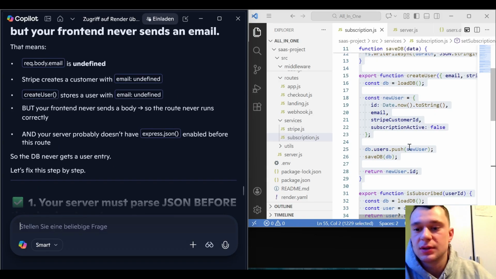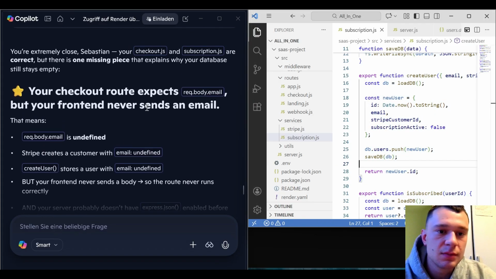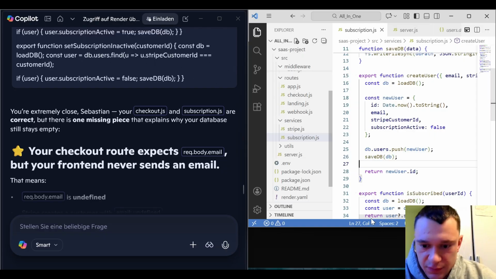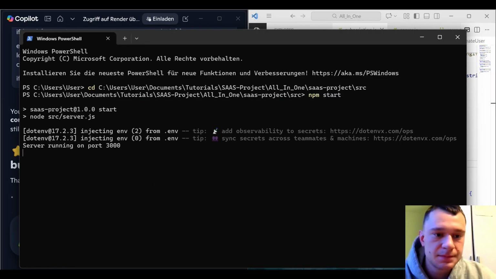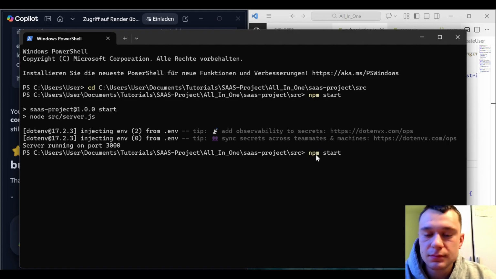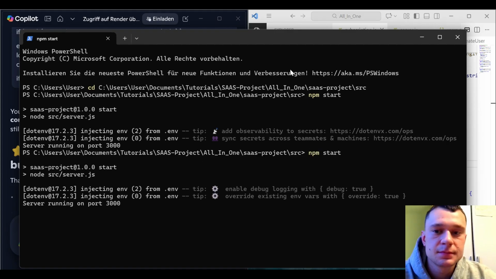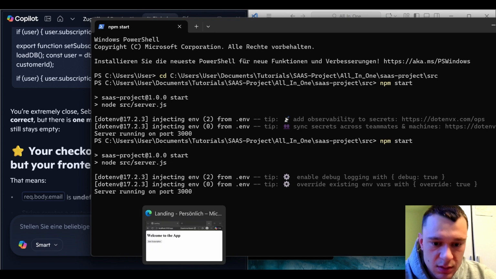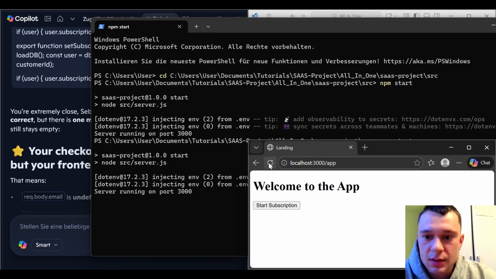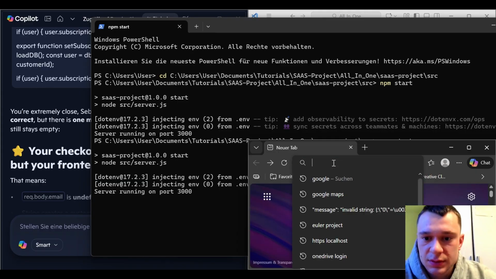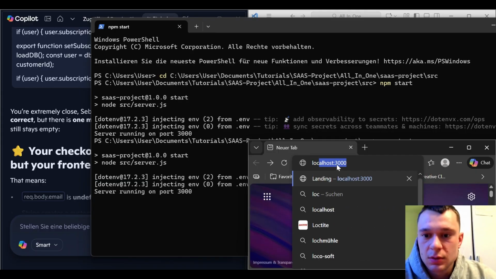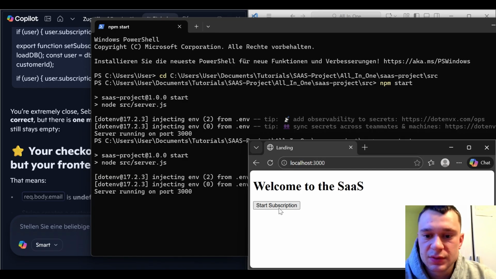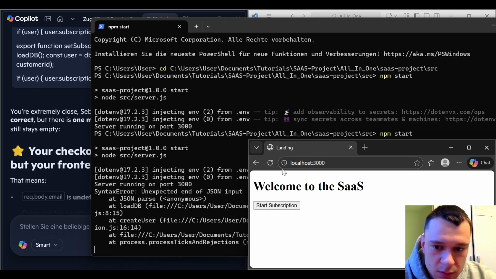Okay, wait. He thinks this is now the file I'm working with, but let's just start it again. So Control C, and we press npm start. And okay, everything seems to be running. And then we go back to the localhost 3000. Then we subscribe. Look,